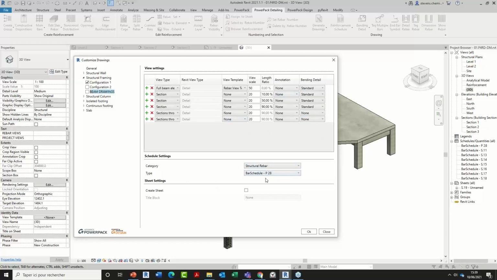I can place all those views on a dedicated sheet with a specific file format and a specific schedule. So you see, you have many additional settings, which is why I'm not going to go through all those details, and you can do the same basically for all categories.